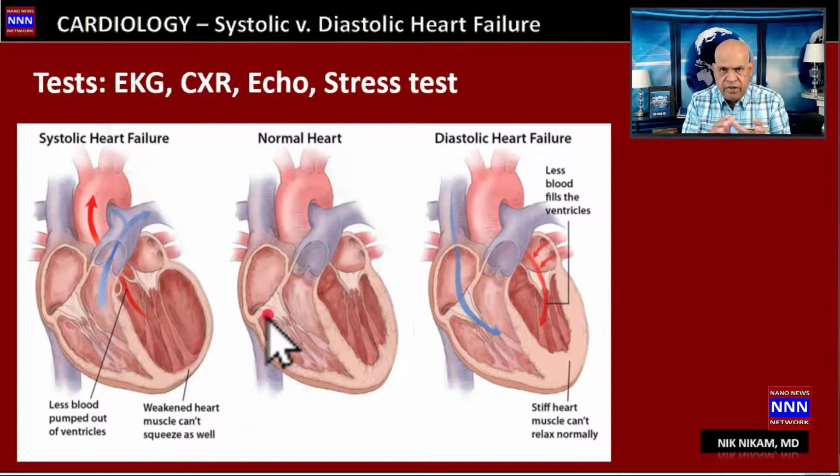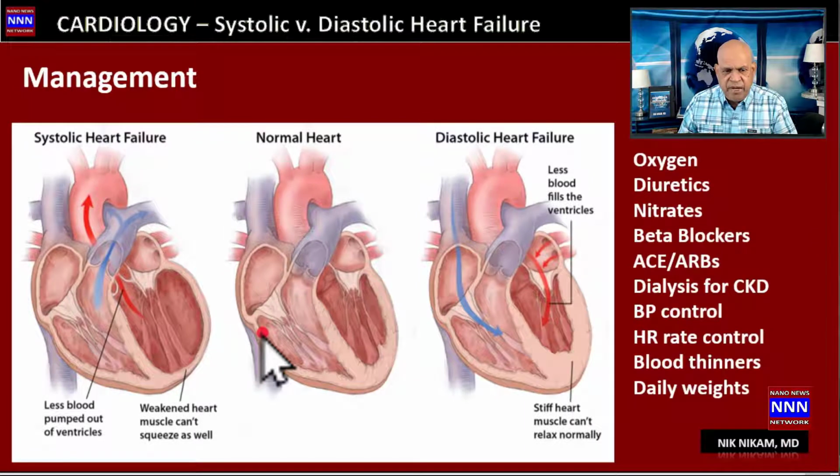And once we have done the initial examination, looking at the lab tests, which may show evidence of myocardial ischemia or infarction, and kidney function, electrolytes, potassium, magnesium, then we may have to do certain provocative tests like stress nuclear studies to look for any evidence of myocardial ischemia in patients with coronary artery disease and EKG changes or mild elevation in cardiac enzymes. Management of these two patients is slightly different, and I'm going to just highlight some of